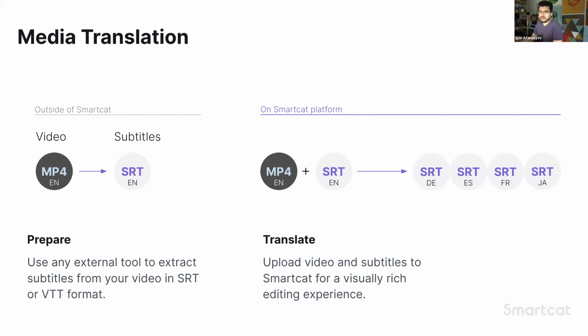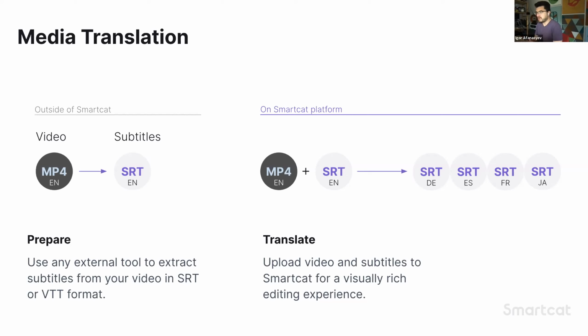So first you have your video file. It can be your file, it can be something that's sent to you by your client. Now, what you need to do in order to translate the textual content is to have or create subtitles. Creating subtitles can be done automatically. It's something that is called transcription. But you can also start with an initial script and then use any external tool to prepare those subtitles for the video. So once you have your video file and your subtitles file, you can upload both